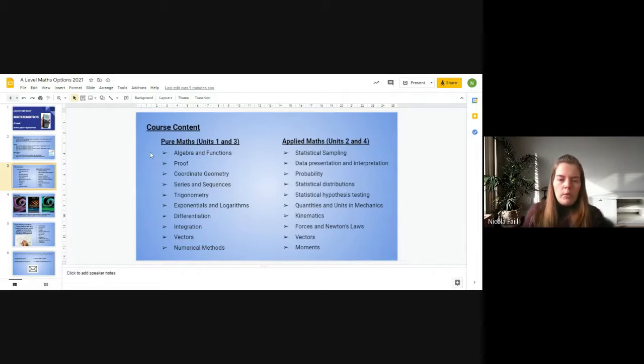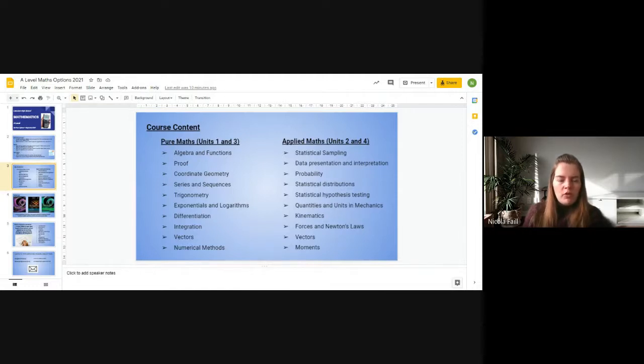So the A-level maths course has a very strong focus on algebra and getting a really secure understanding of algebra and functions. We look at some proof, okay, in A-level maths. Coordinate geometry holds a strong position in the A-level maths course as well. Some of these might be familiar to you, building on the GCSE course. Series and sequences,